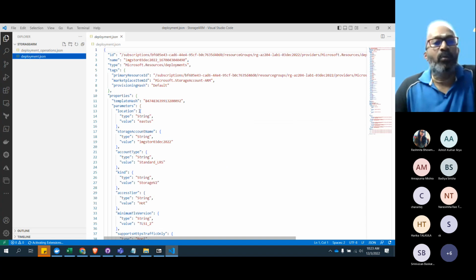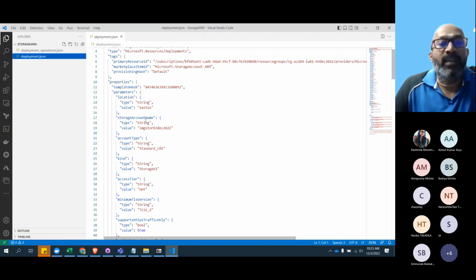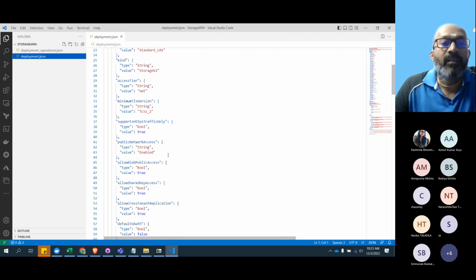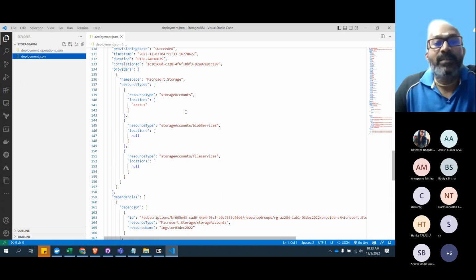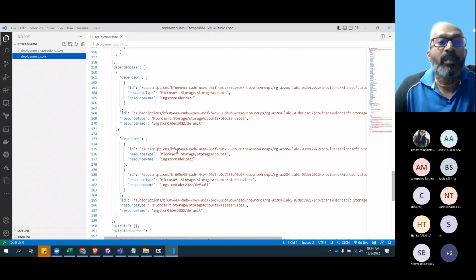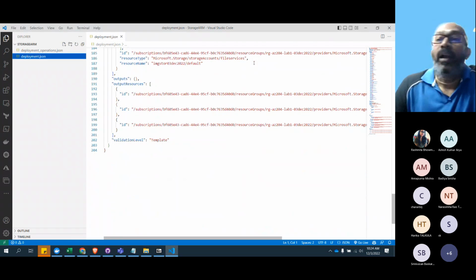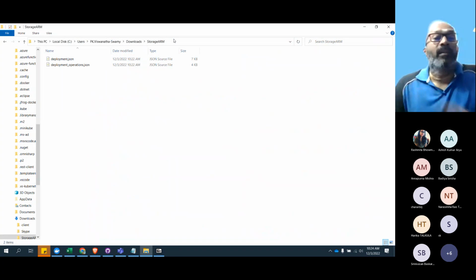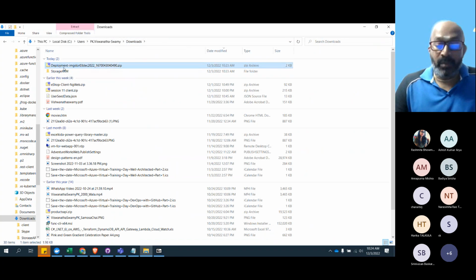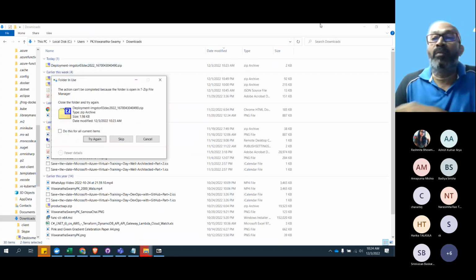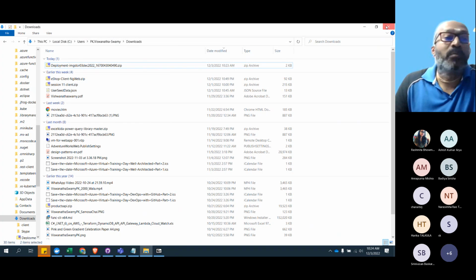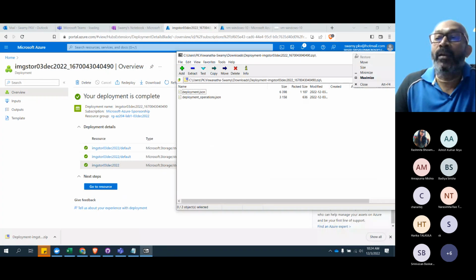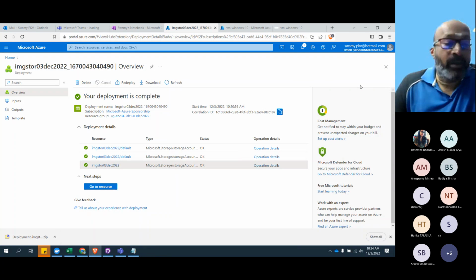Like this one, you create manually and go to this deployment. It is showing you what properties and what parameters we have selected. We have selected East US, everything is there. And you see, we created the storage account and all the dependencies. You can use it or you can cut it down, but at least to start with, you know where to start. People say, oh, ARM templates are a lot of JSON, many lines, I'm very scared, I'll not be able to do that. No, there's nothing. You create it manually and then go back and learn from that. That's what I do. I get one template from GitHub and then I do this.